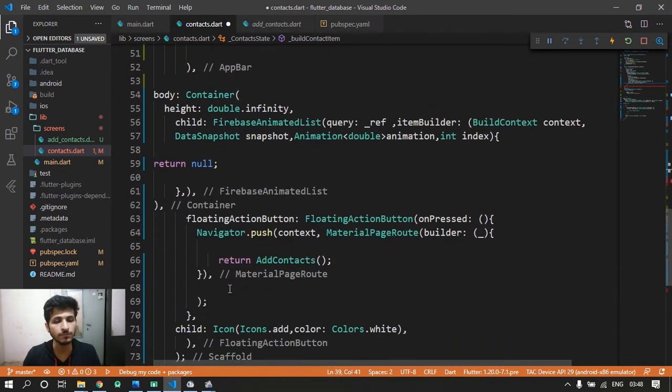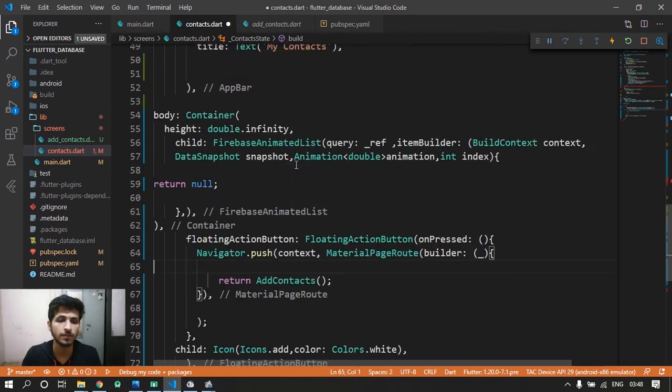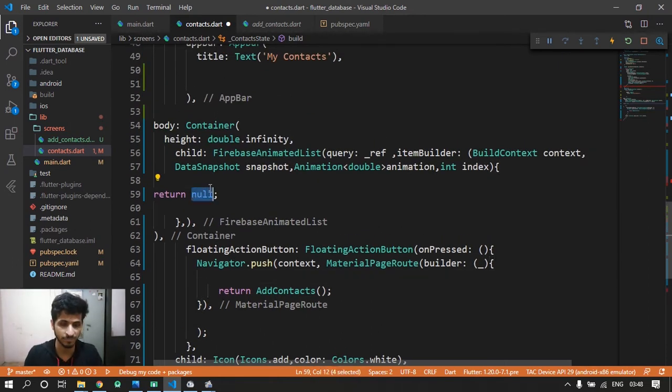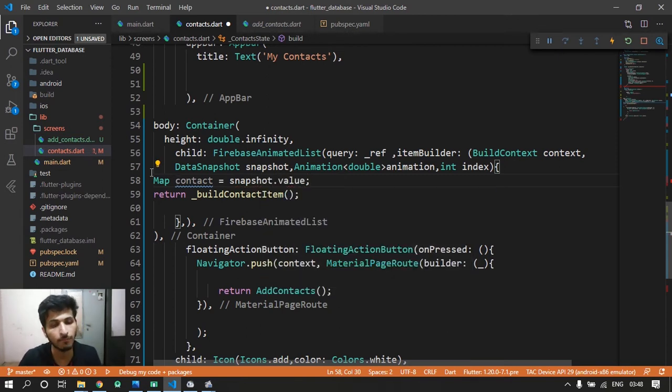Now before hitting save, let's just return it here. Build contact item. We need to give it a map to make it run properly. So let's get the map. It's called map contact equals to snapshot dot value, and this snapshot dot value will return us a map.